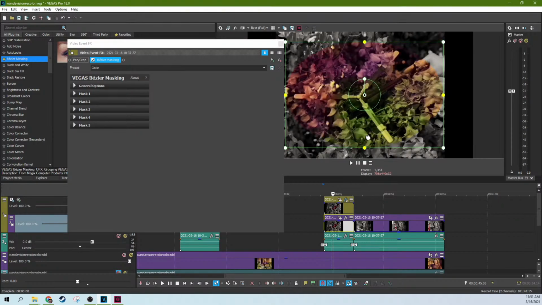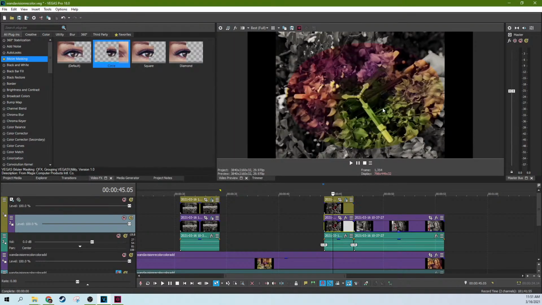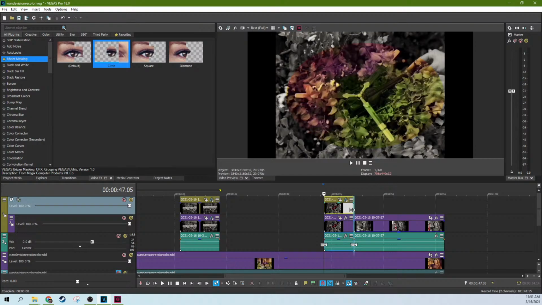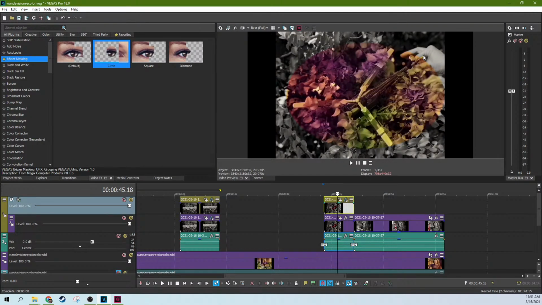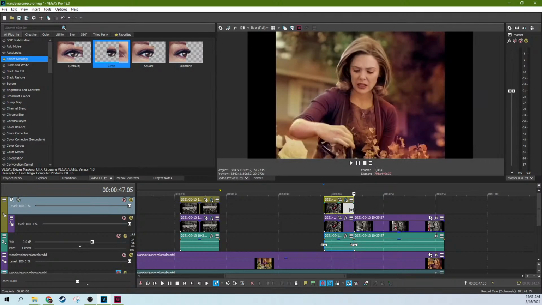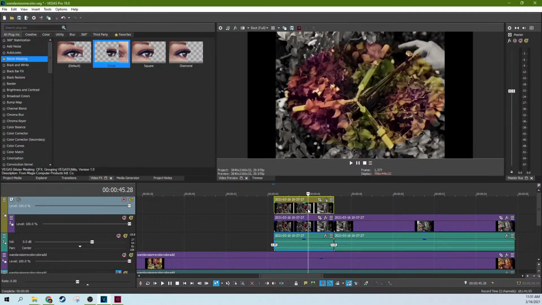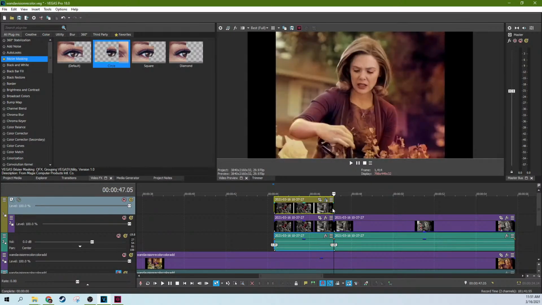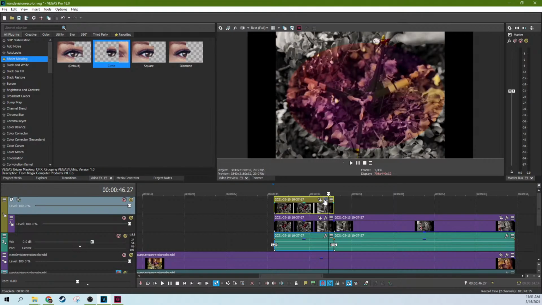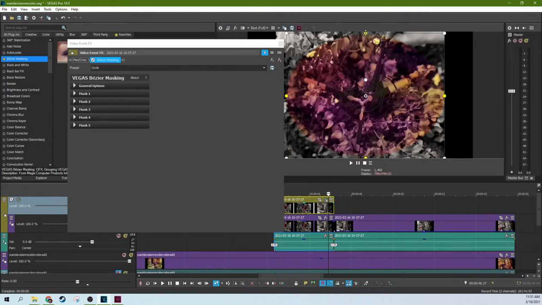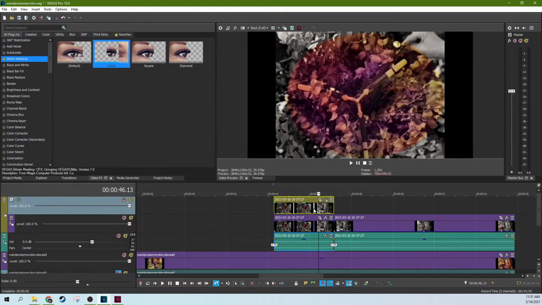Need that mask a little bigger. You try to just get what you want. You don't necessarily have to do this first Bezier mask like I'm doing, but what this does is I know I'm not going to need to do, let me get the very last part of this too. I'll move that mask around a little bit. Okay, let's just make it a little bigger. So I know I'm not going to be needing to do the edge of the screen. The mask isn't as important in this version exactly